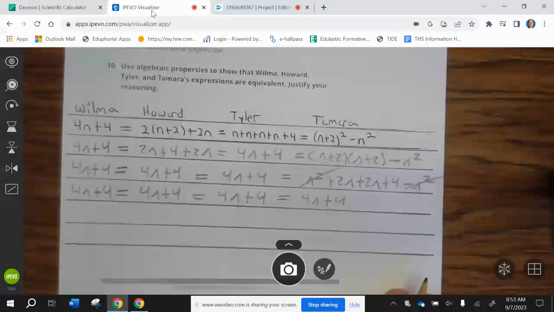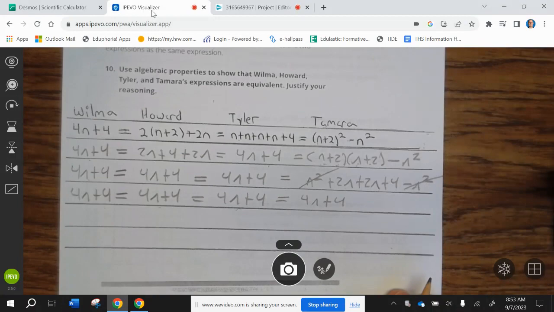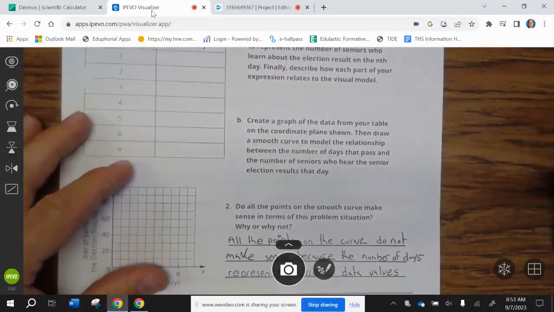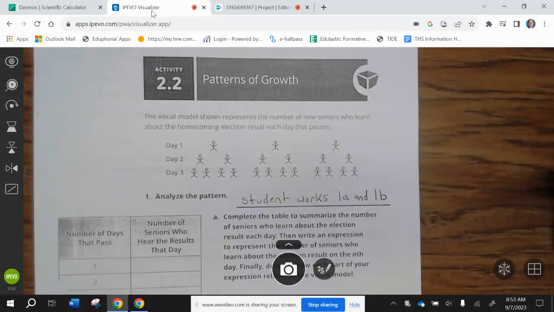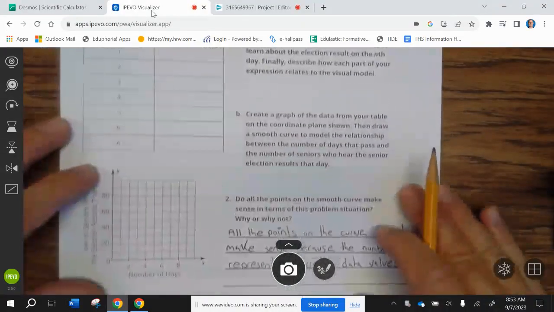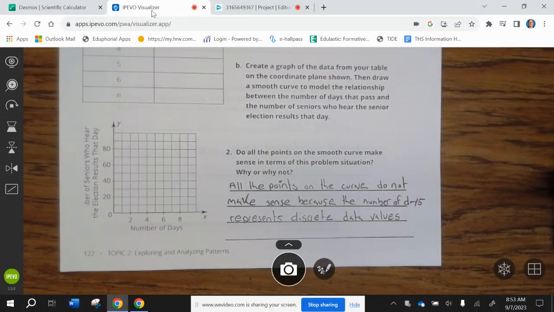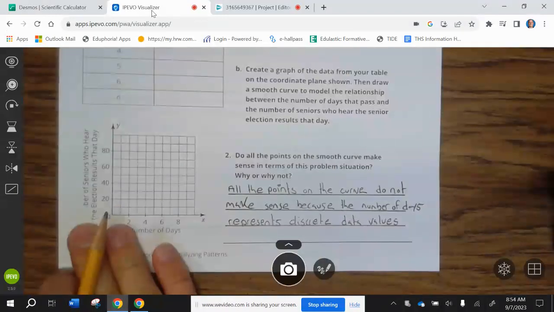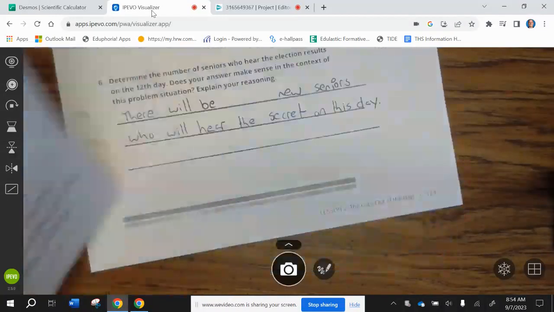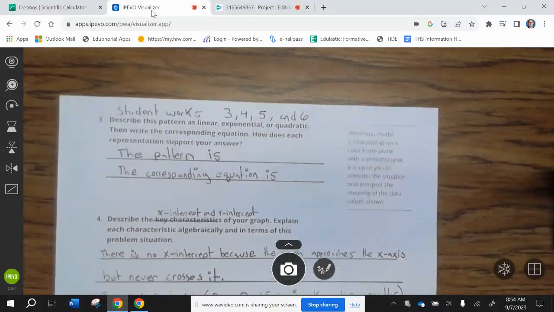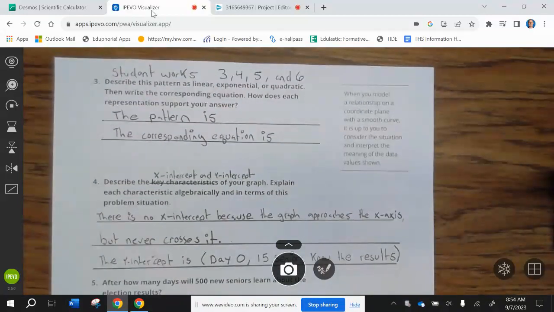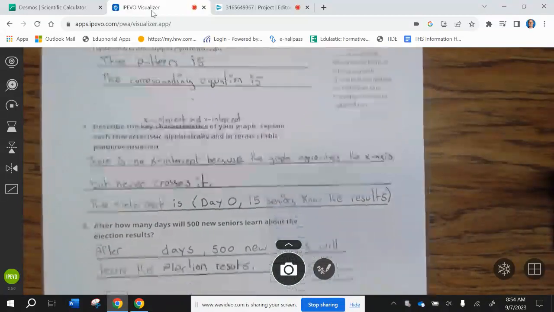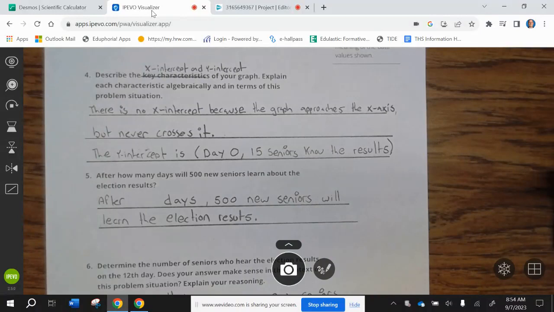All right, let's take a look at the next page. All right, the student is going to work 1A and 1B. And once you've worked that, you can work 2. All right, and then the students will work 3, 4, 5, and 6. So the student's going to work number 3, numbers 4 and 5,